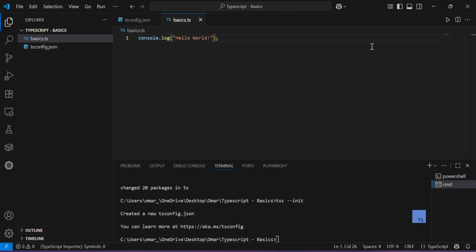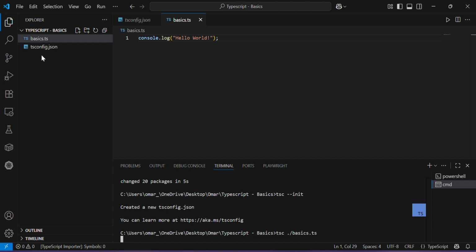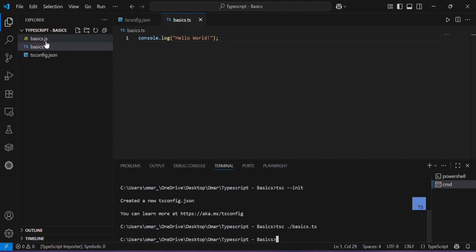Okay, so now we need to run this one. We can't run a TypeScript file without compiling it to JavaScript. So how to compile it to JavaScript? I'm going to use tsc again, and we are in the root, so I'm going to put ./basics.ts, enter. As you can see here, it has compiled it into JavaScript,